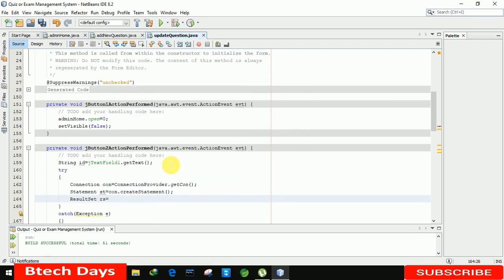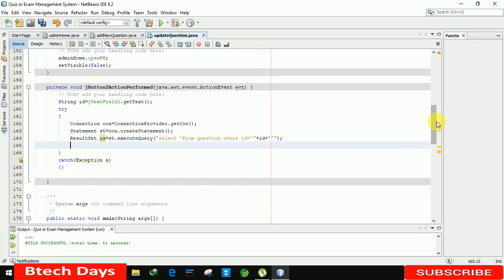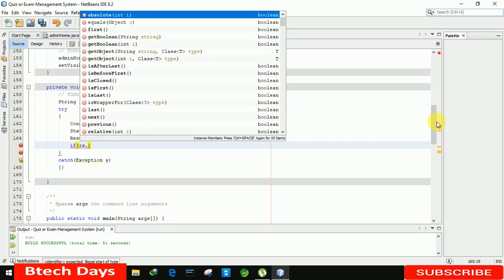rs equals to st dot execute query, you can see, and in this we just need to write select star from question, which is our table name, where id equals to, and here it just needs to be the id. Okay, after that semicolon, and after that if rs dot next first,